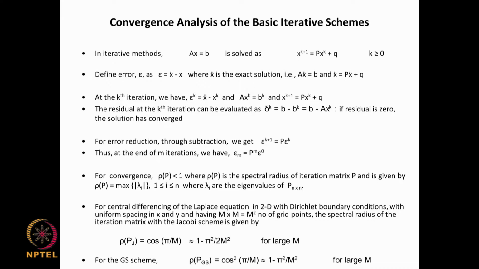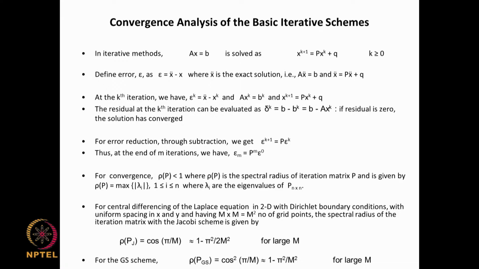So in the simplest sense, if epsilons were not vectors, if p is not a matrix, okay, then you could say p is a multiplication factor. So the error at k is being multiplied by a factor given by p, and that is the error at k plus 1. So this multiplication factor or the amplification factor is how the error is changing, and it is not constant, but it is an indication of whether the scheme is convergent and how fast